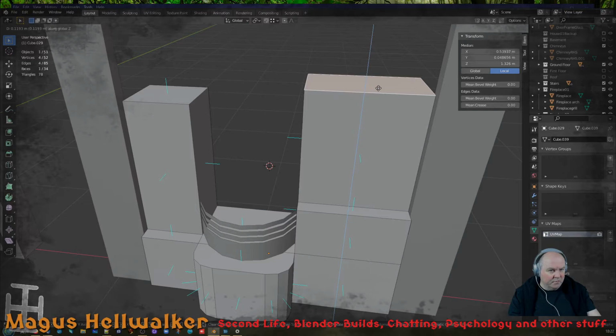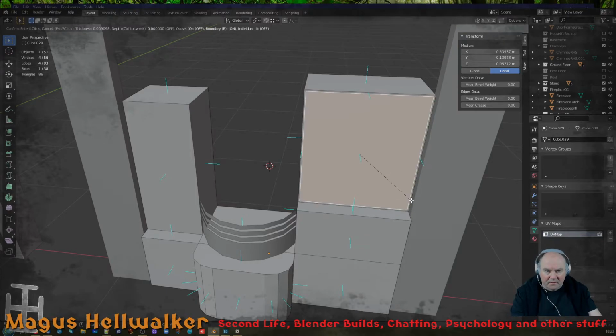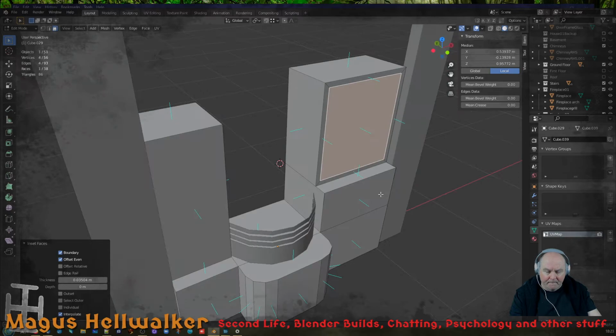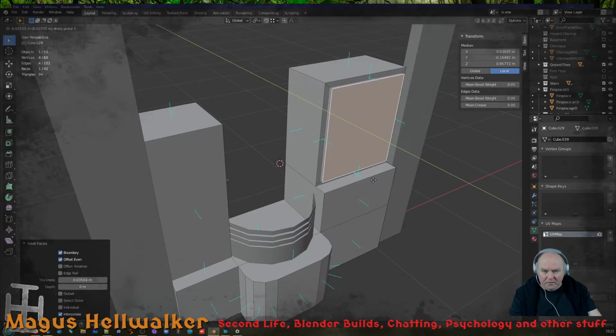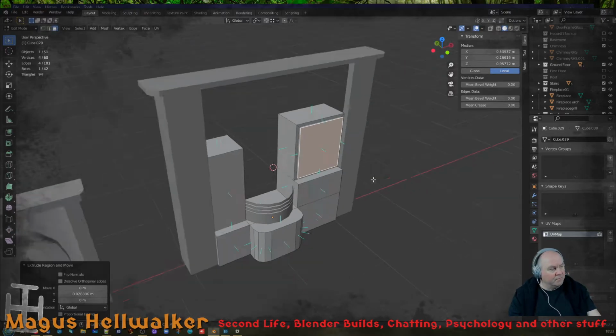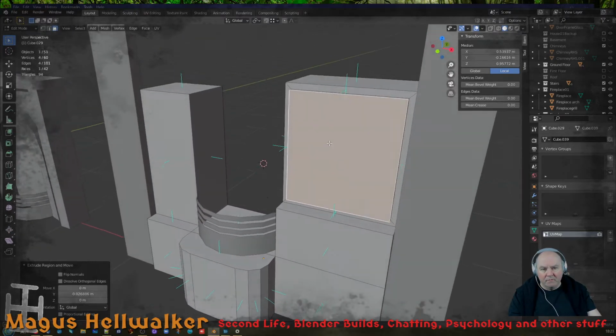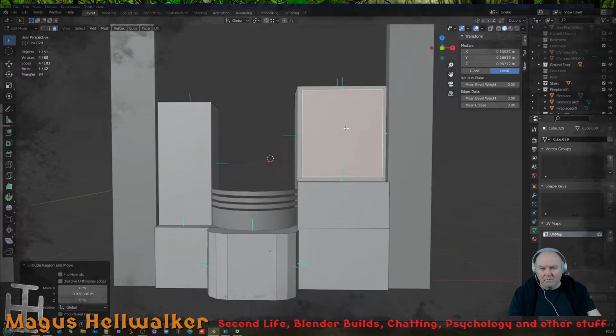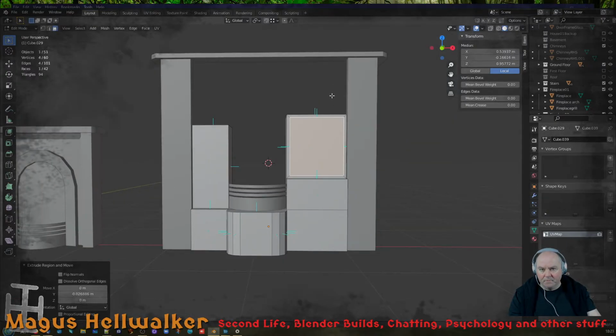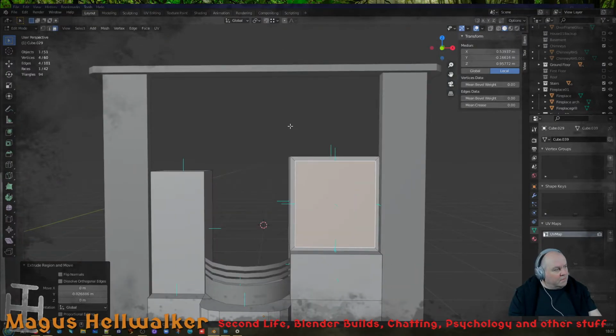So this was some sort of oven. And I'm going to inset that. So it's like a door on the front. And then